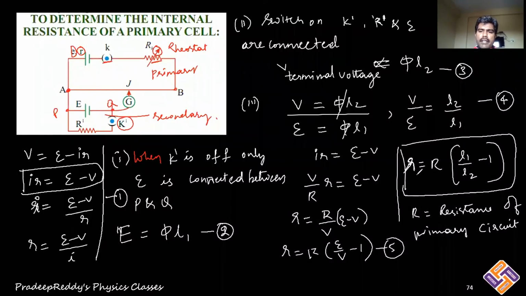Yeah, we are finding the internal resistance of the cell which is connected in the primary circuit here. Check it up. See, this is E and r. This is E and this is r. Small r is the internal resistance of the cell which is connected in the primary circuit. Okay. And capital E is the EMF which you are connecting in the slot PQ. And this capital R is the resistance offered by the rheostat in the primary circuit. This capital R which we are taking in the final expression.